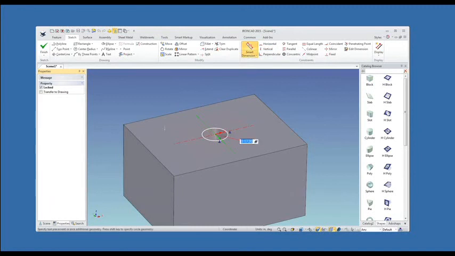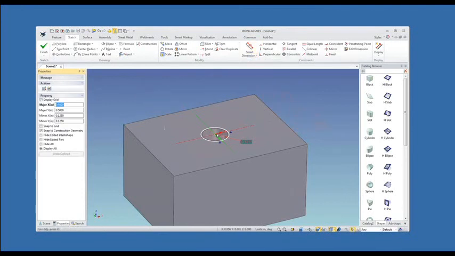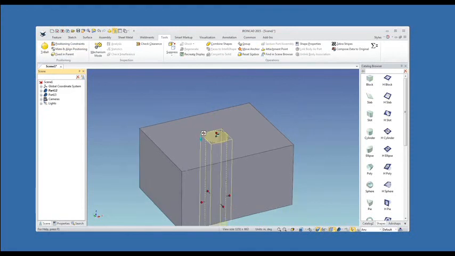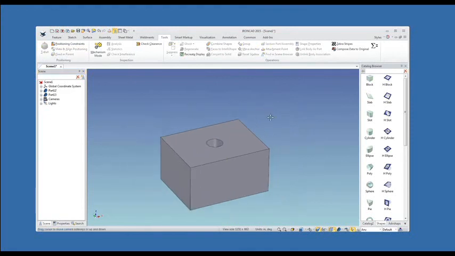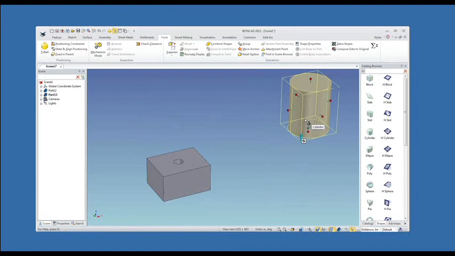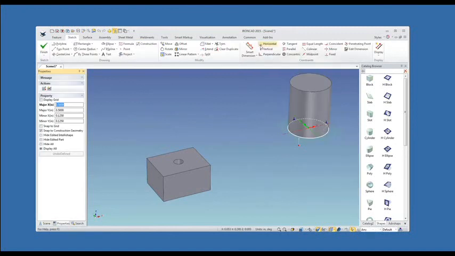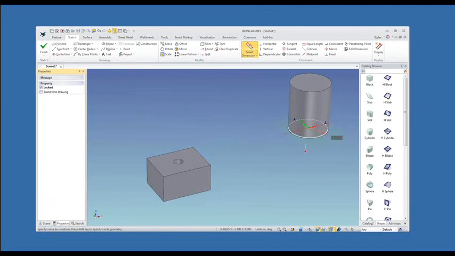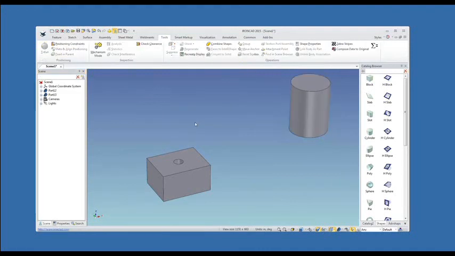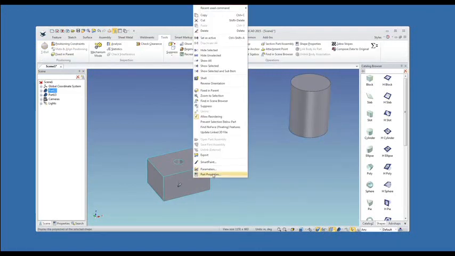But I'm just going to do some quick methods here, and do that. Maybe lock the center point. So my hole's locked in place. Now that smart dimension will give me a parameter, and then I'm going to do the same thing on the cylinder. I'll throw a smart dimension on here, and just give that a dimension to start with, and lock that in place. All right, so now I can go into my parameter table,